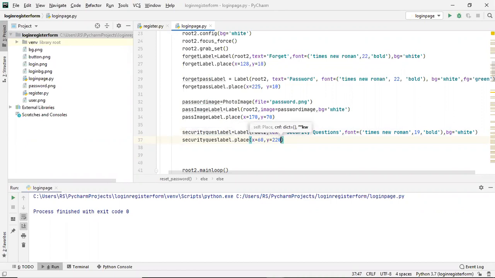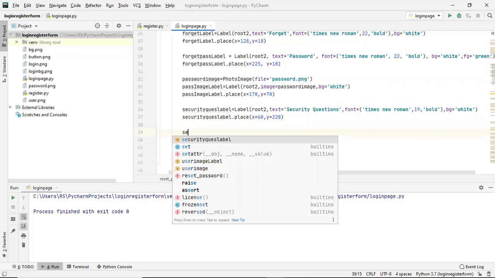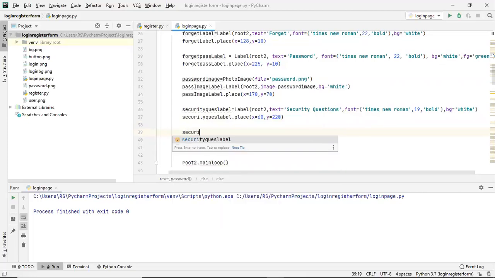So after creating this security question label, the next thing is we have to create a combo box here. Security question combo box. So let's create a security question combo. And it will be a combo box.